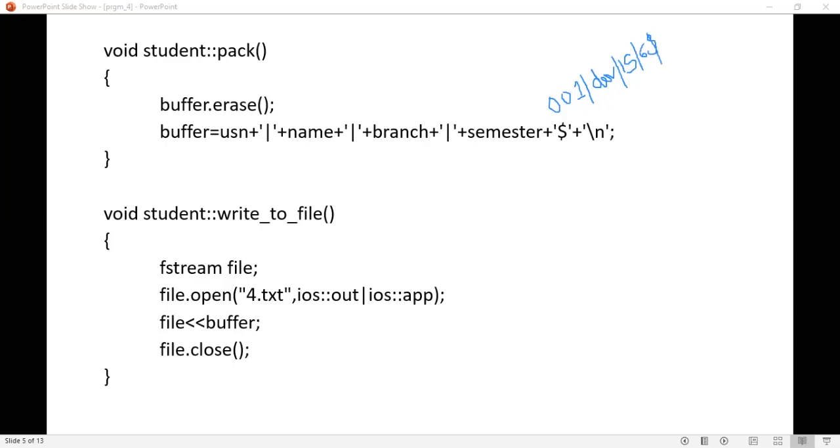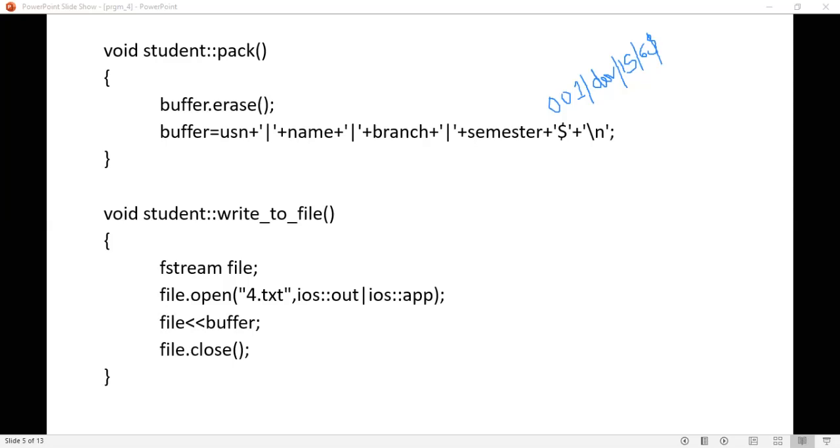Okay, again you are going to enter the second one. Now once you enter these things into the buffer, this is your buffer. Next, you have to write to file, that is from this buffer you have to output the same to a text file.